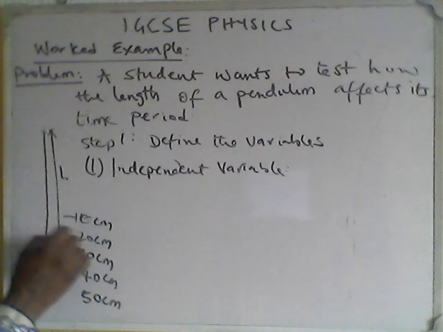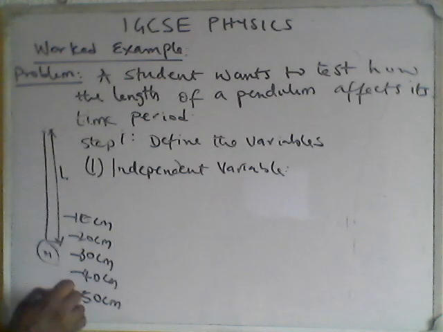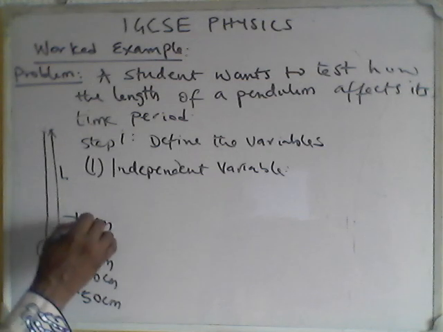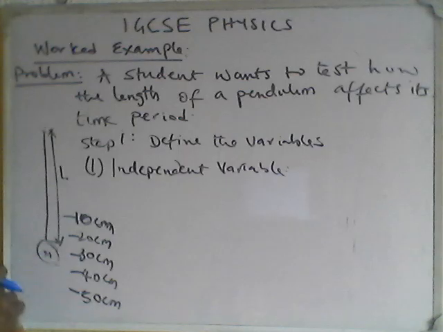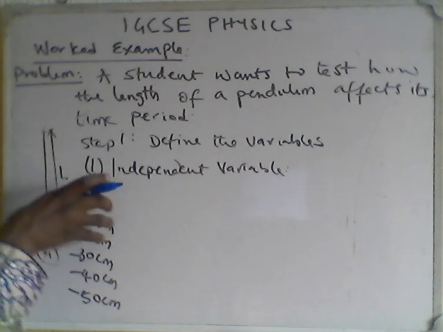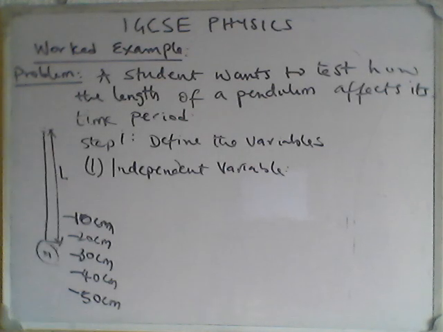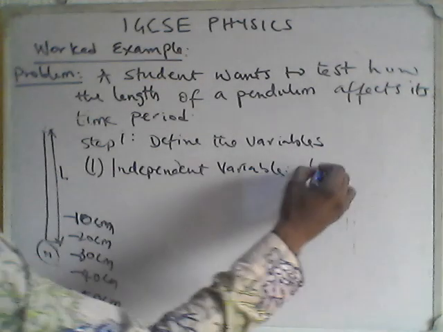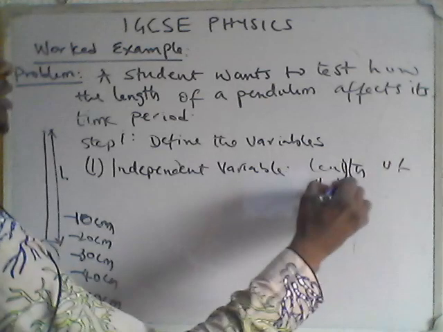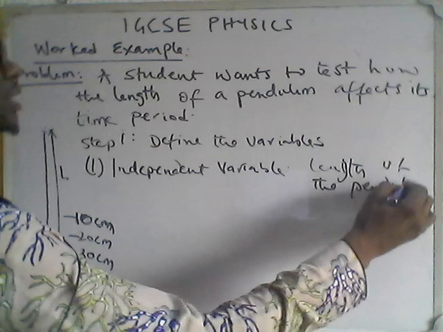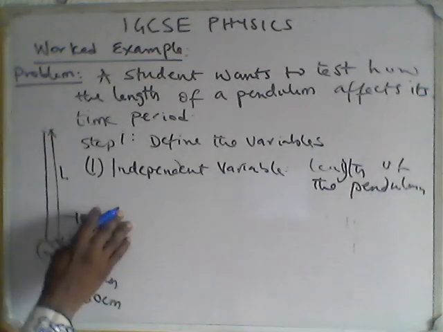Each of these instances is independent. It's just a value. You know, the quantitative value there is 10. So it will be 10 throughout that instance of measure. That is why the independent variable in this case should be the length of the bob. The length of the pendulum, I beg your pardon. The length of the pendulum. So this one is independent. So I'm defining the variables.